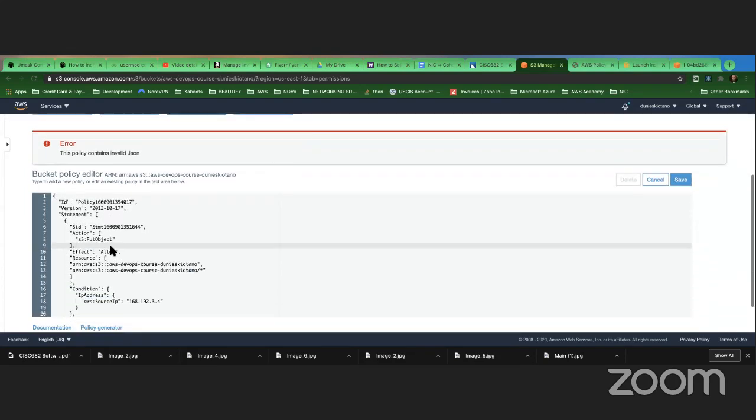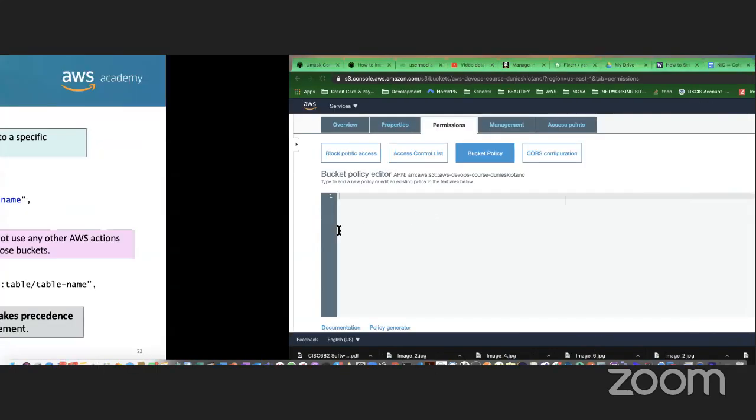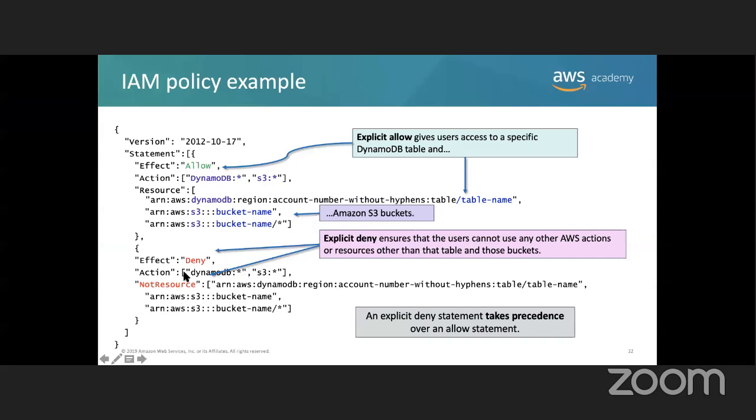Containing valid, okay. I'm trying to force this, guys. So I'm gonna remove this guy. I can simply delete everything. That's it. All right. So that's what I don't like about JSON: if you make a mistake in these square brackets, I can fix it, but I don't have time for that now. I prefer YAML, but YAML doesn't exist here in this type of policies. AWS doesn't accept YAML. It's JSON they accept.